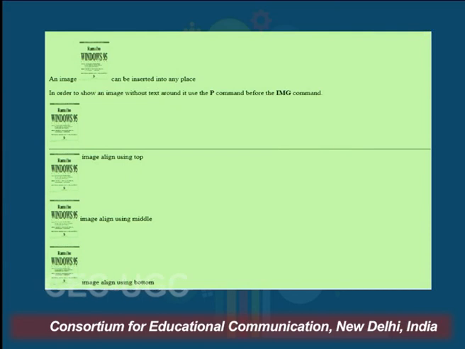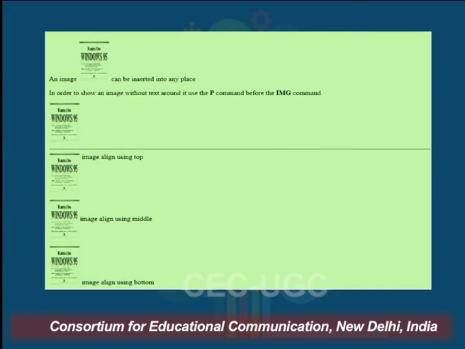Like in this particular example, you can see that the text is appearing at the top of the image, the text is appearing in the middle of the image, and the text is coming at the bottom of the image. So how you can control this? By giving the alignment, so you will write img align is equal to top, bottom or middle,